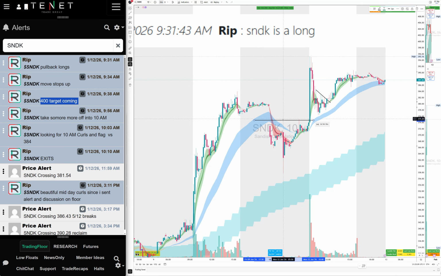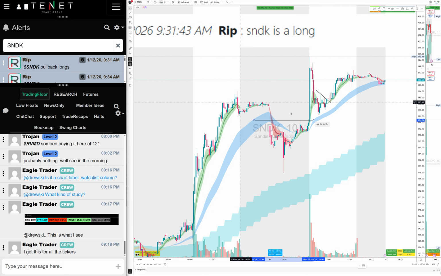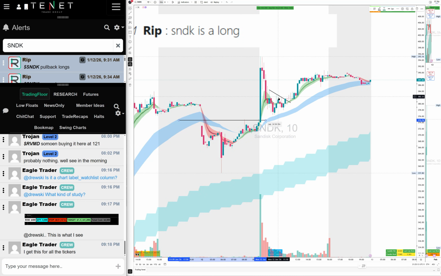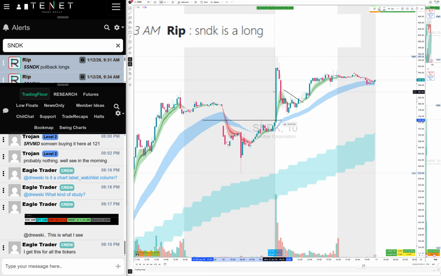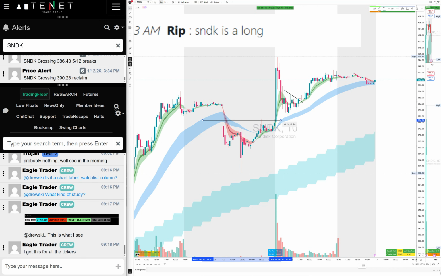But now what SNDK did was it started to give us a midday repeatable setup, which is called a midday 512 3450 calls with the trend line. So this is a repeatable setup. And one thing I told the traders was if we hold the Friday highs, we're going to call back higher. So when you see this candle pushing, this is where you can take the position, your stops right here.